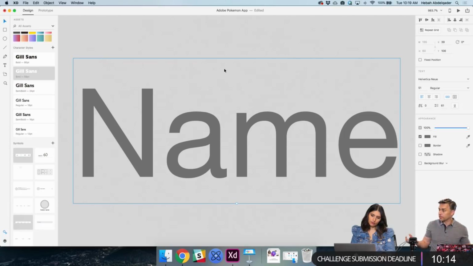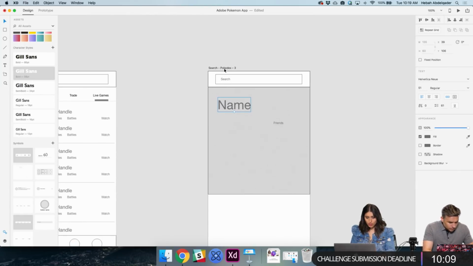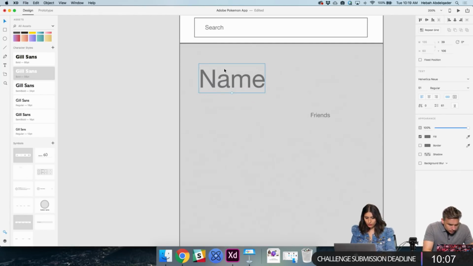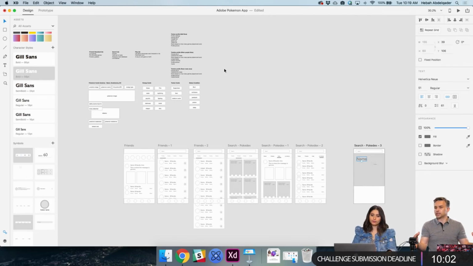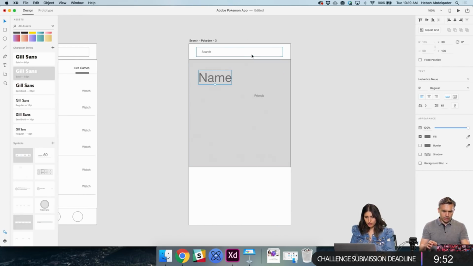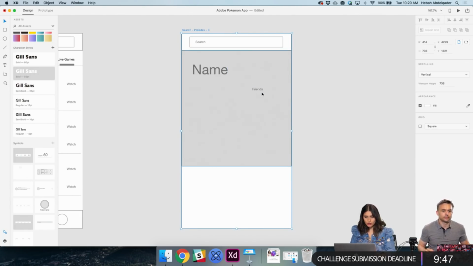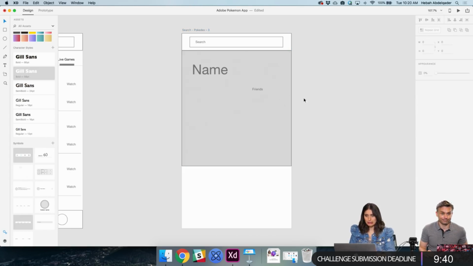Command 1 shows you the screen you're on, and Command 0 will show everything. Command 1 makes it 100%. Command 3 is great if you're working on something really small, especially if you're building icons and you want to zoom in on that grid and make sure everything is on point.